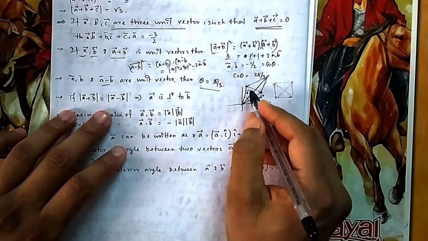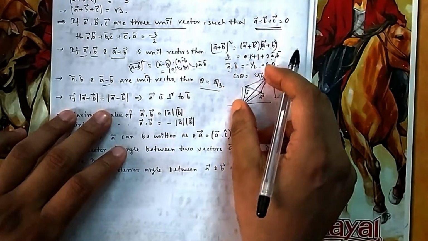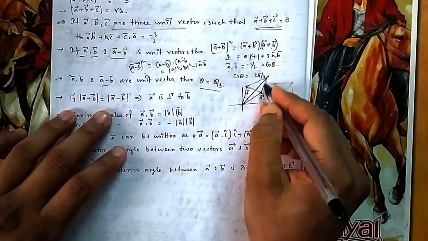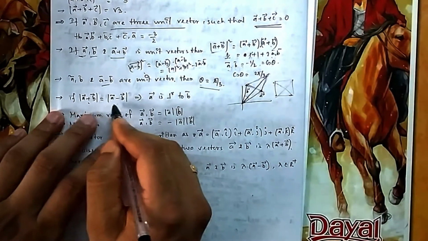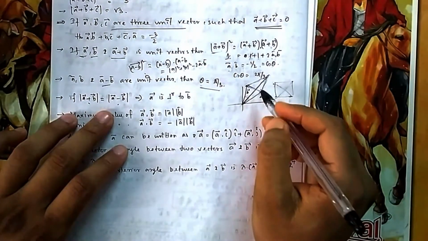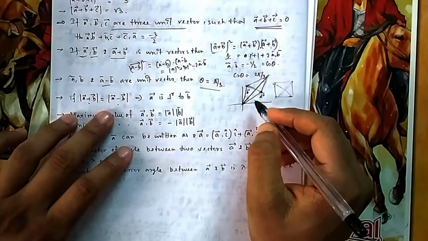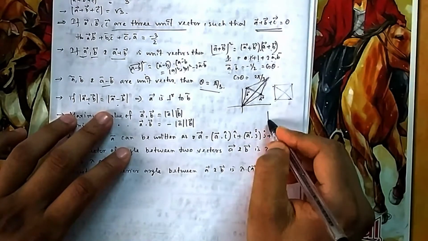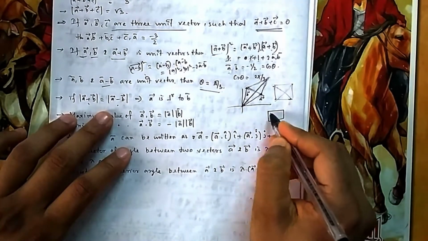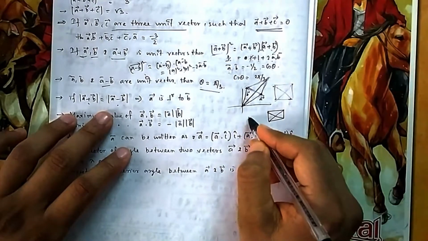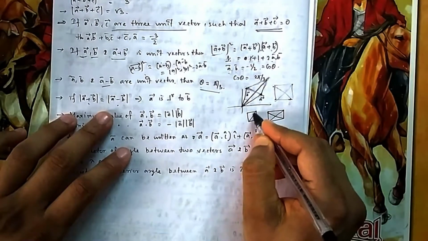And which one is representing A minus B, this is A minus B. So the magnitudes are same. That means if you take a parallelogram, these two are the diagonals. This is one diagonal, this is another diagonal. So both these diagonals are same. When is it possible? Which quadrilateral has both the diagonals the same? Either it should be a square or it should be a rectangle. If it is a rectangle, then this length is same, or if it is a square also, then it is same.